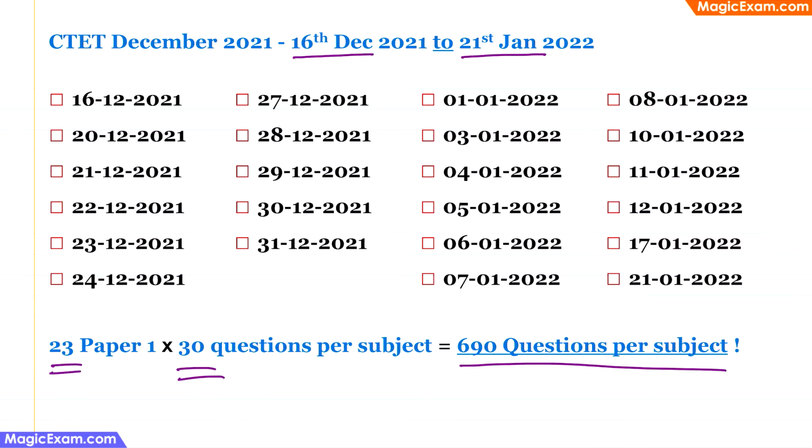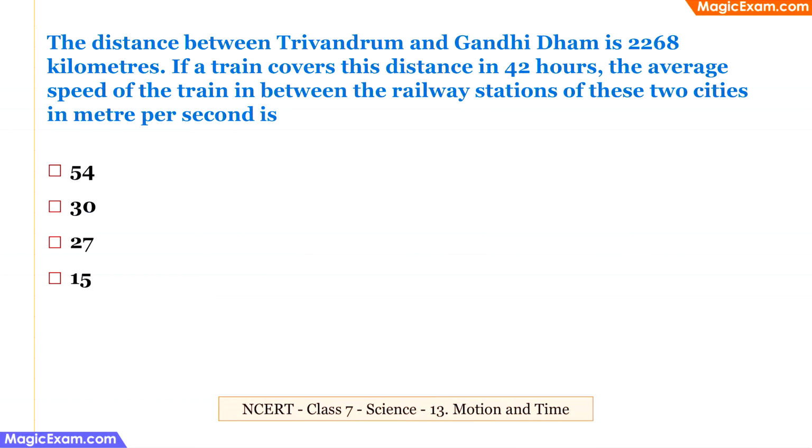the upcoming examination. The distance between Trivandrum and Gandhidham is 2268 kilometers. If a train covers this distance in 42 hours, the average speed of the train between the railway stations of these two cities in meters per second is what? Now pay attention to the fact that we are being asked to calculate the average speed of the train in meters per second. So first start with the basic calculation, that is, if the train has traveled 2268 kilometers in